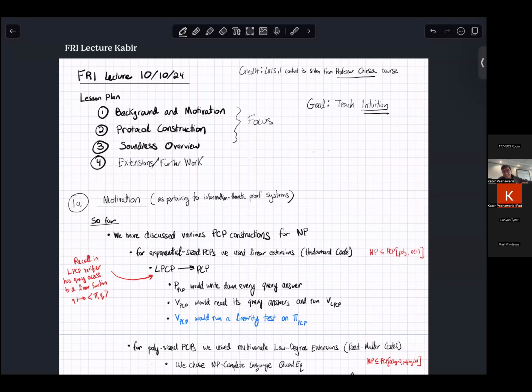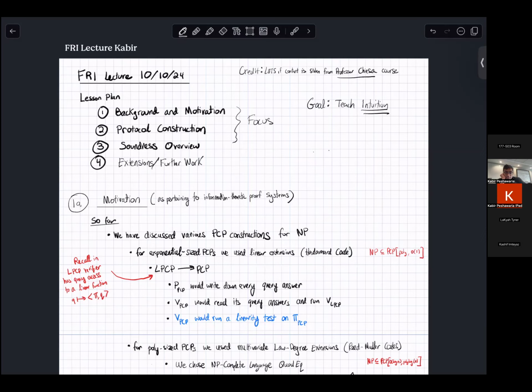So with that said, that's a lot of high praise, but I mean it. I did not see enough motivation to actually deviate from the way that he's taught it. So I'll put my own unique spin on things, and please ask questions, of course. My goal here is to really teach intuition rather than every single detail behind the FRI protocol, because we would be here for hours and hours if I tried to do that.